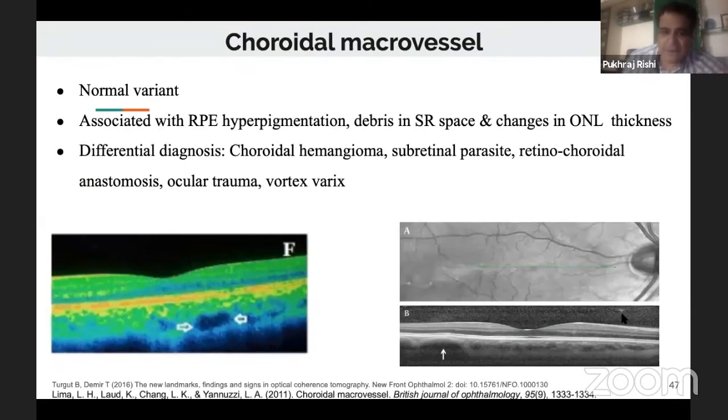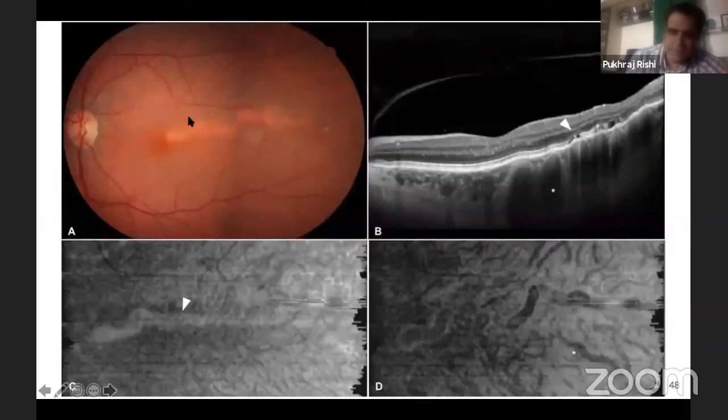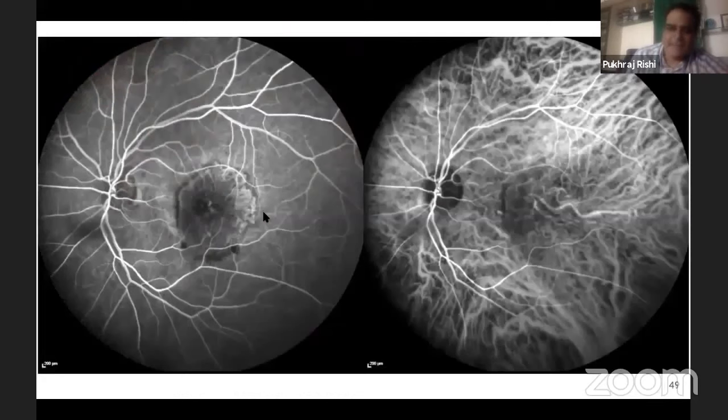Choroidal macrovessel could be a differential for a choroidal hemangioma or subretinal parasite, retinochoroidal anastomosis, or a vortex vein varix. So here you can see an example. In the color fundus photo, there is a curvilinear lesion which is running across the fundus, and here you can see corresponding images of the OCT. Another case which I saw in the clinic is a large fibrovascular PED on the left, you can see, and on the right on the ICGA you can make out a very prominent